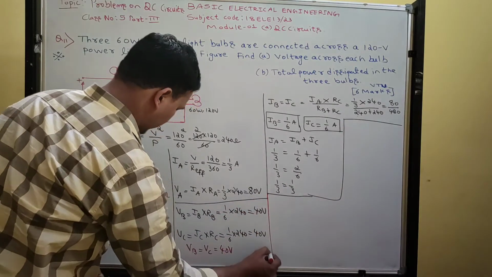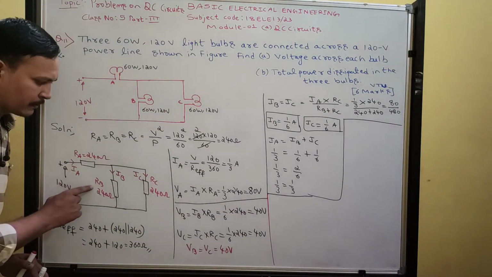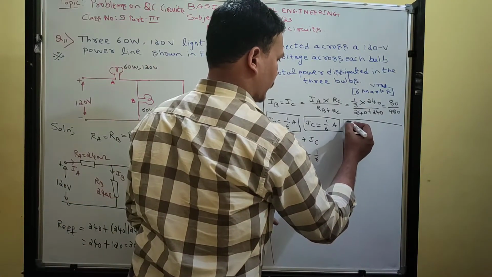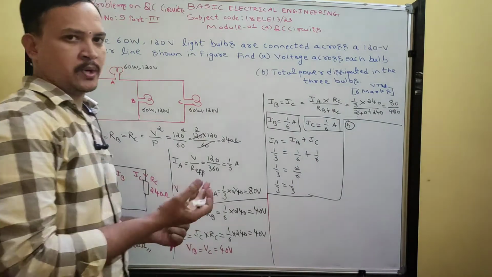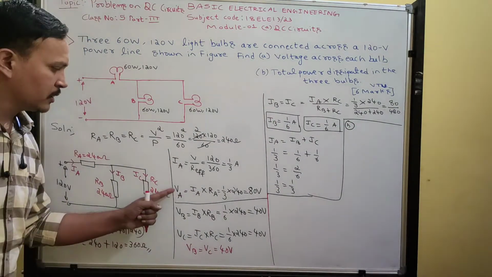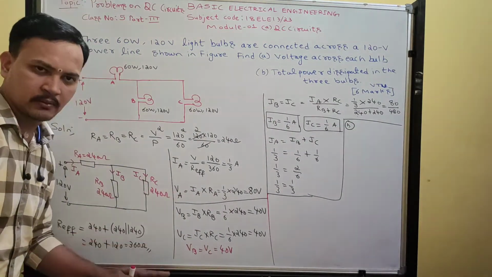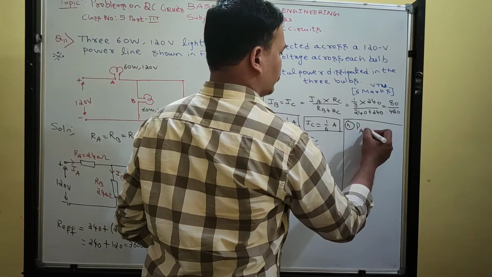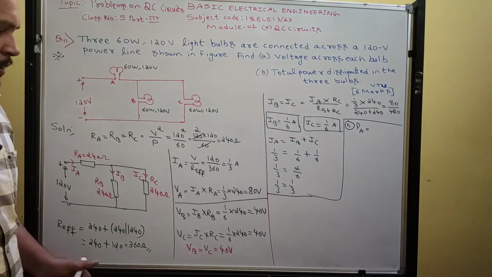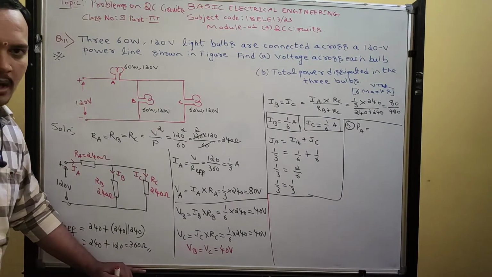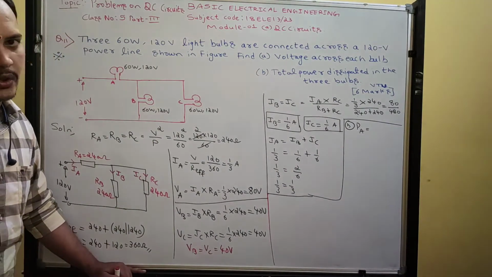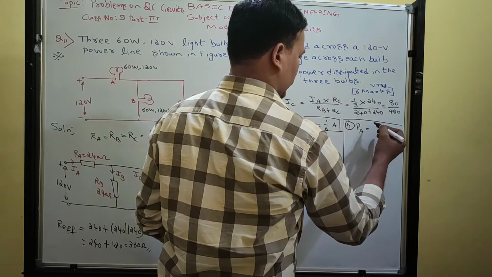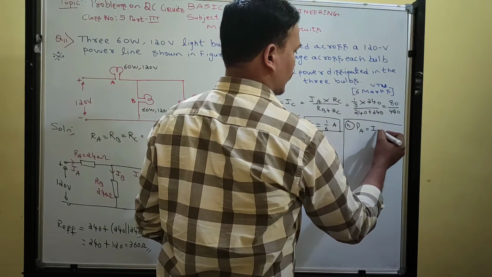Now find the power dissipated in bulb A, bulb B and bulb C. Now I am calculating the second part. Solution for the second part. The first part I computed. What is the voltage across bulb A, bulb B and bulb C? Over. Then the power dissipated in bulb A. You can use any formula: either I square R or V square by R or V into I. So I am going to use V into I. Otherwise I can use this only.